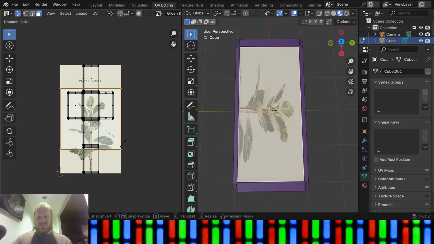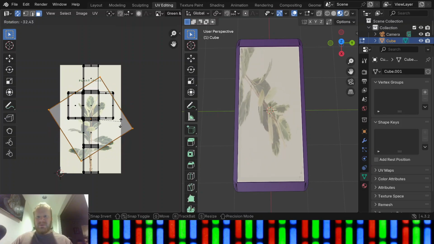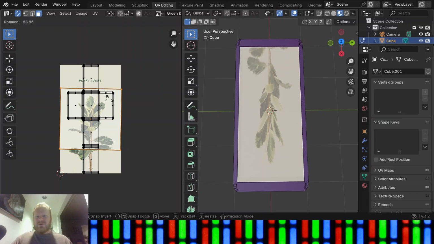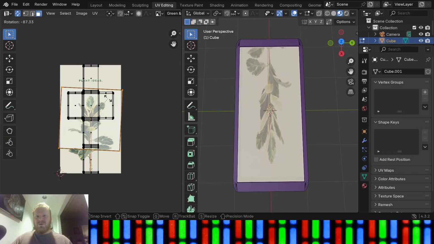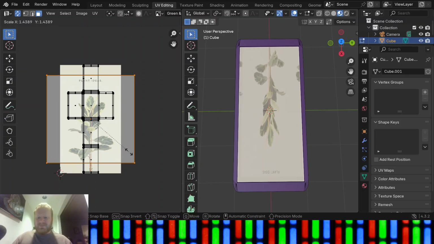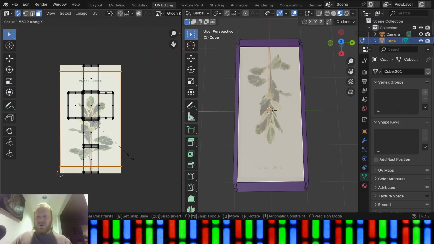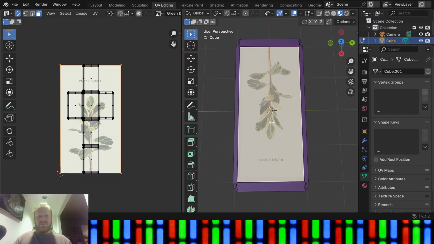So I've got that selected there, and I'm going to rotate it 90 degrees, and I can see that it's already the wrong way. No, it is the right way actually. I'm doing that by selecting it, hitting R, and then typing in -90. Then I can scale that as well, so I'm hitting the S key to scale, and the Y axis to lock it into the Y axis, lining it up there. And so now if I go back to layout mode,